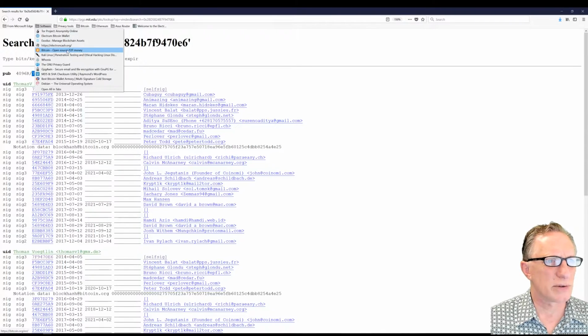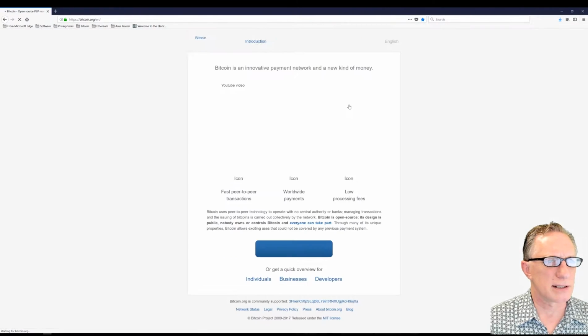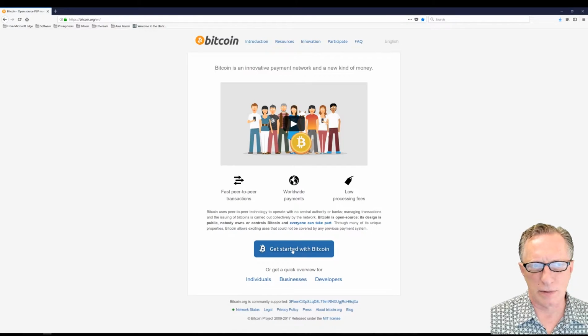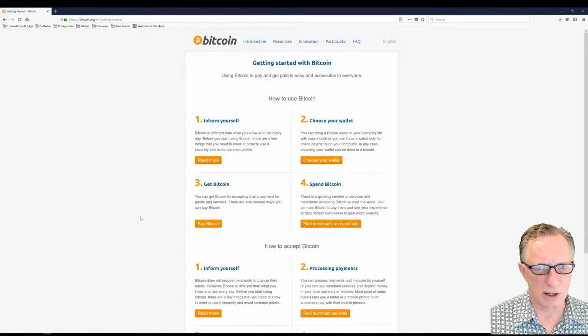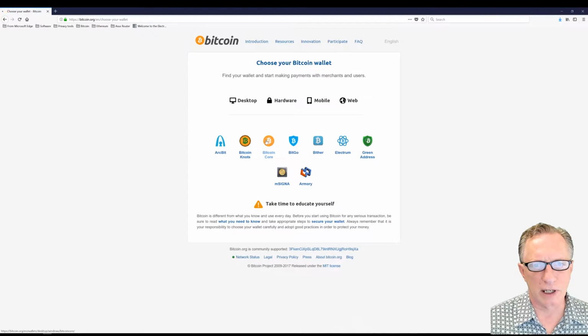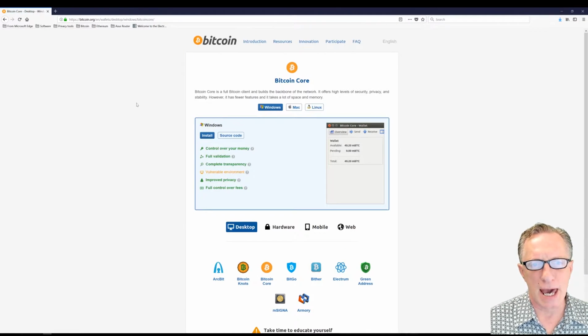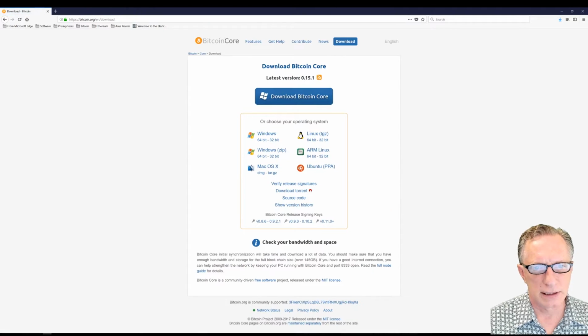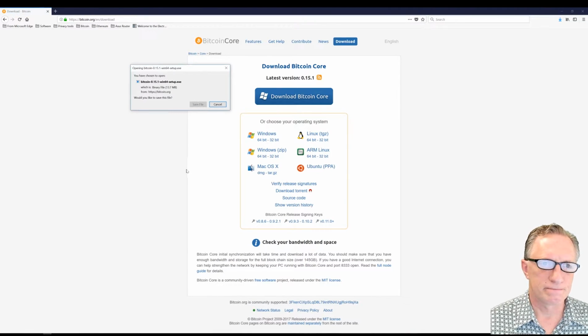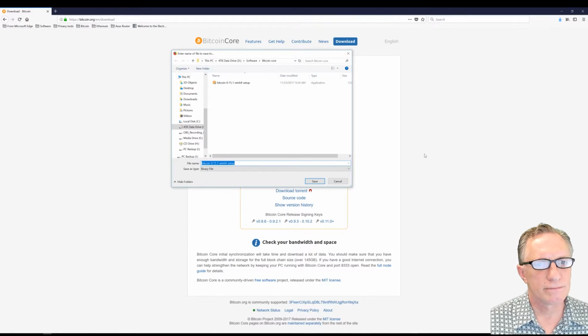There's one where they actually download it to the computer, and I think it's this one. Alright, so we're going to go to the Bitcoin Core page, get started with Bitcoin, choose your wallet, we're going to do Bitcoin Core. Okay, so the installer file, I click. Right, okay, so it takes me over here to Windows. I want the Windows 64-bit installer. That's funny. I've done this before, as you can see,